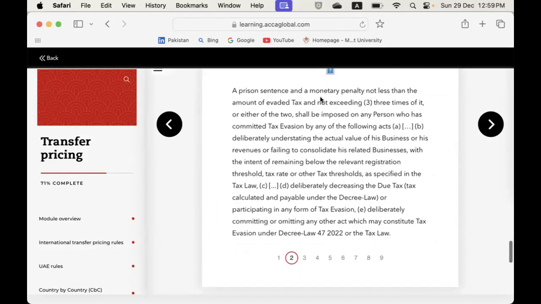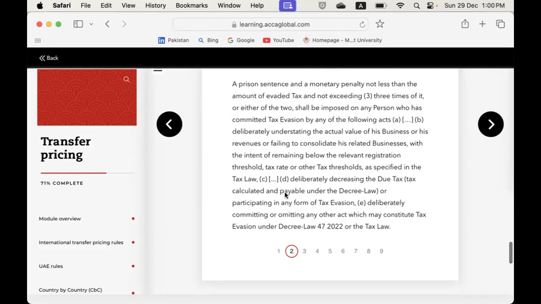A prison sentence and a monetary penalty not less than the amount of evaded tax and not exceeding 3 times of it, or either of the two, shall be imposed on any person who has committed tax evasion by any of the following acts: deliberately understating the actual value of his business or his revenues, or failing to consolidate his related businesses, with the intent of remaining below the relevant registration threshold, tax rate or other tax threshold as specified in the tax law. So basically,